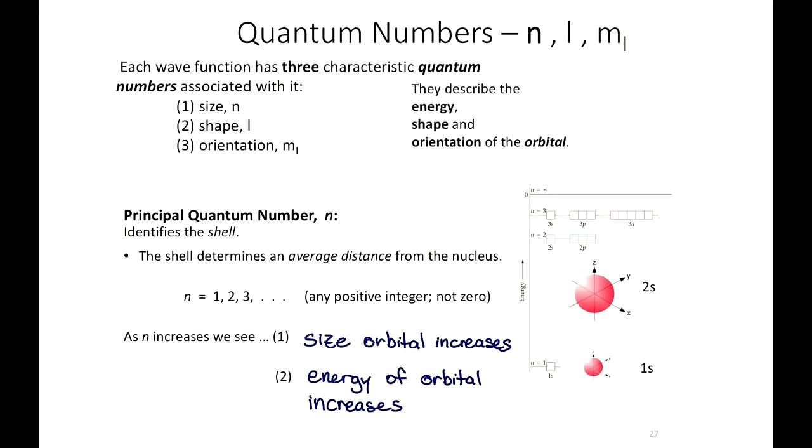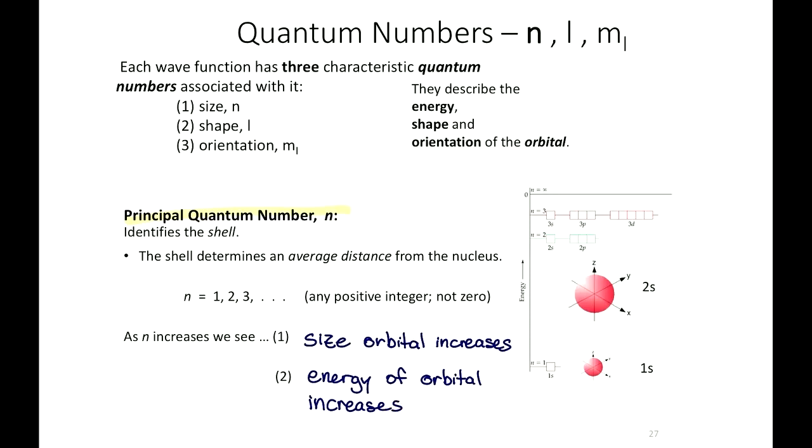All right, so these are the main three, and we'll go through these main three and then add a fourth quantum number at the end. Our quantum numbers are how we describe where to find an electron. So here are the main three: n, l, and m sub l. N, our principal quantum number, tells us about how far away you'll find our electron, so the size of this orbital. An orbital is like a space where you will find electrons. And n also relates to the energy of that orbital, so n is related to size and energy.